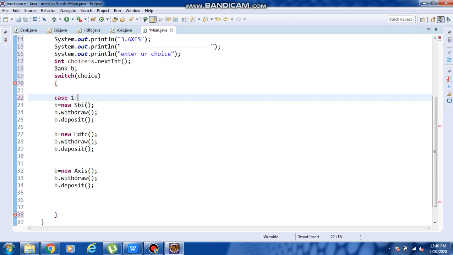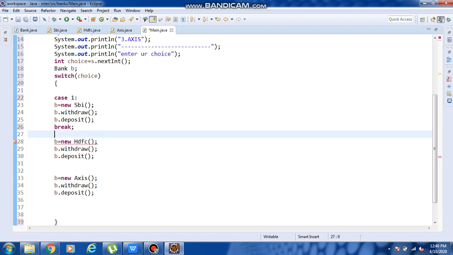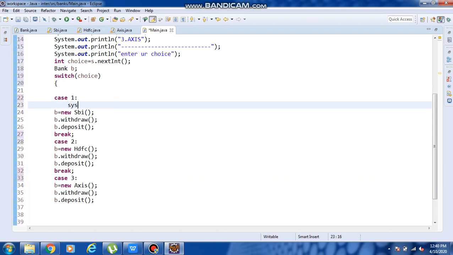So now I am giving case 1. After case 1, I am using the break statement. Next I am mentioning case 2. After case 2, I am giving break. Next case 3. Now here I am giving System.out.println, welcome to SBI Bank.